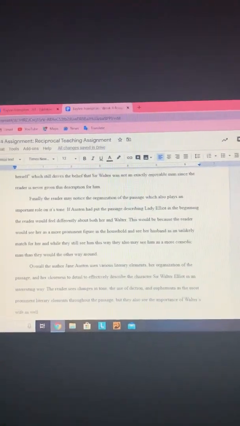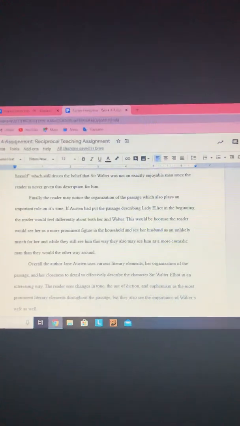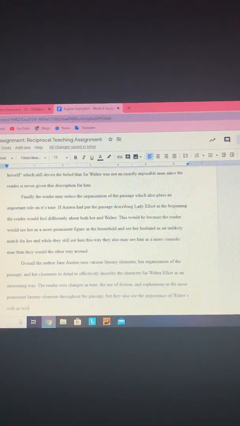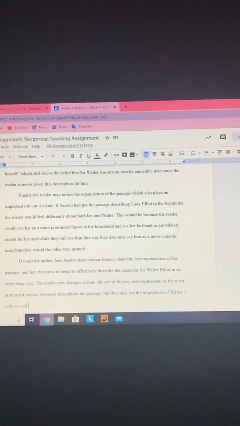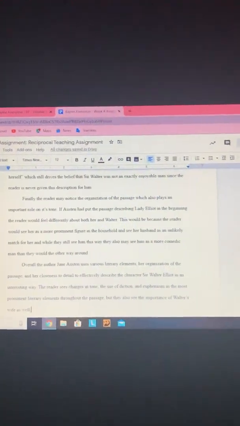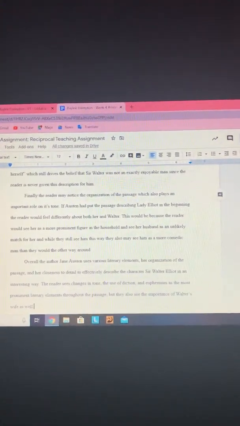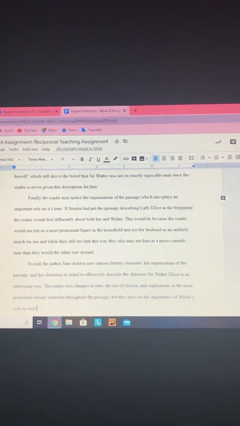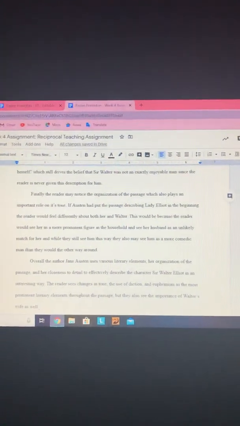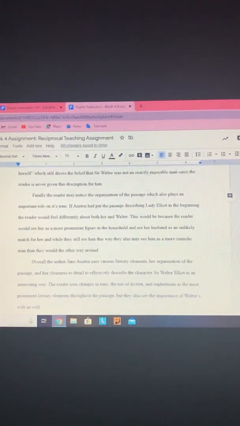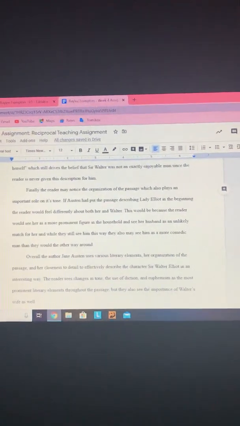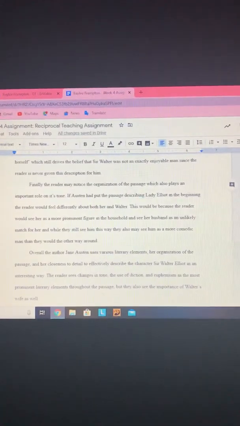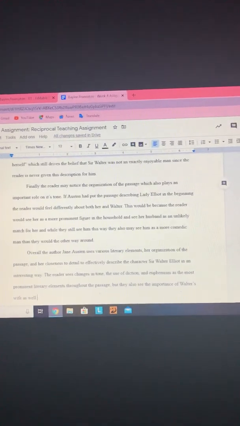I finally touch on how the organization of the passage does play a very important role in the effect of the tone of the passage. For example, if Austen had put the passage describing Lady Elliot in the beginning, the reader would feel differently about both her and Walter. That would be because she would be perceived as a more predominant and important role in the family. And the reader would then see Walter as a very unlikely match, still very cocky, almost maybe cruel man to be with